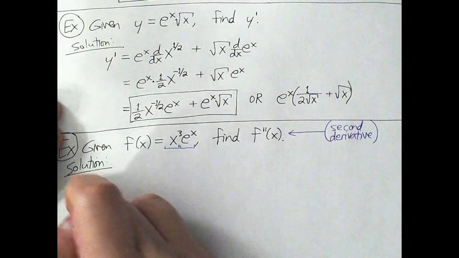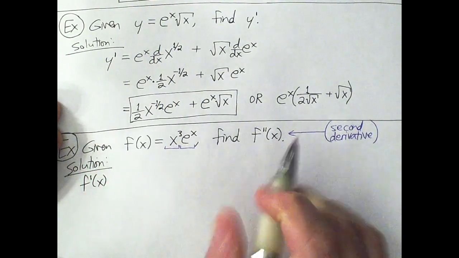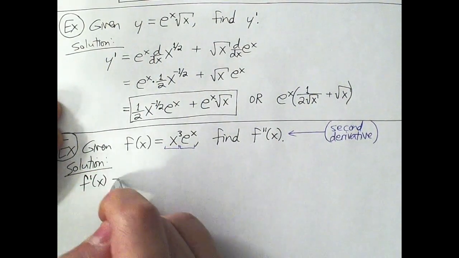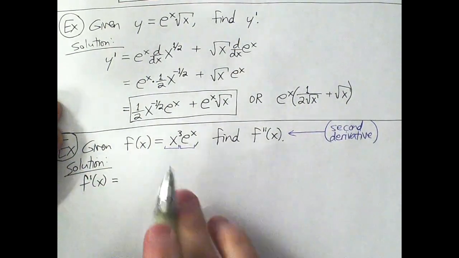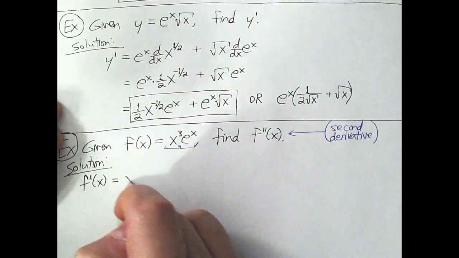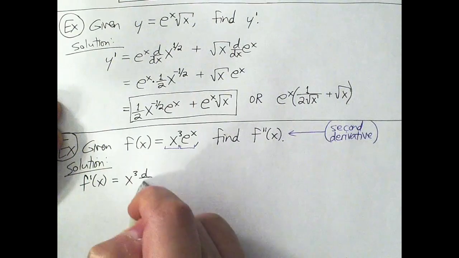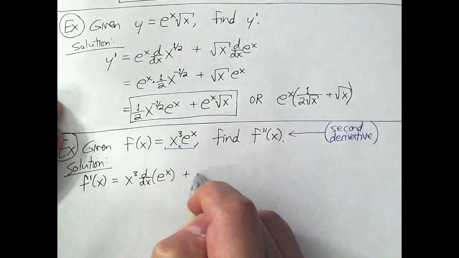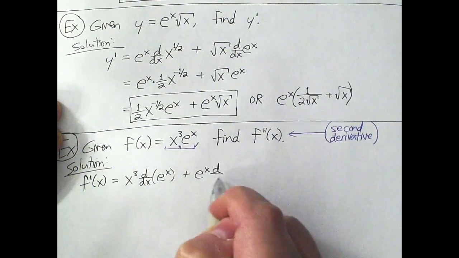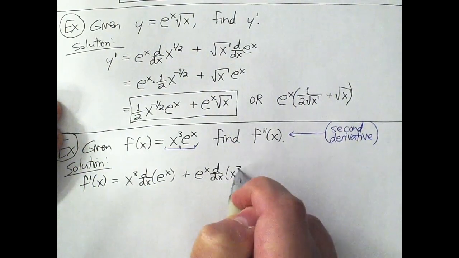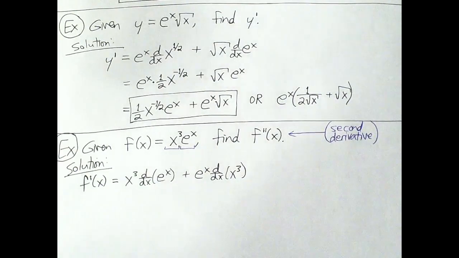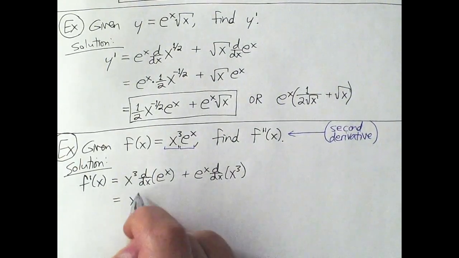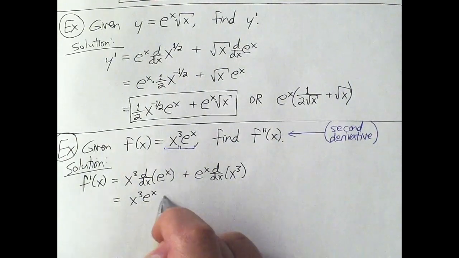f prime. Why am I finding f prime? We want f double prime. Well, it's because we need to find the first derivative before we can find the second derivative. So this is going to be x cubed times the derivative of the second piece plus the second function times the derivative of the first one. So I've applied the product rule formula, and that's going to get me x cubed e to the x plus,